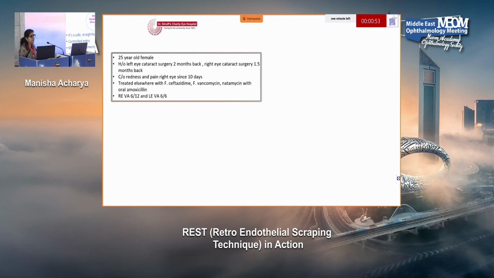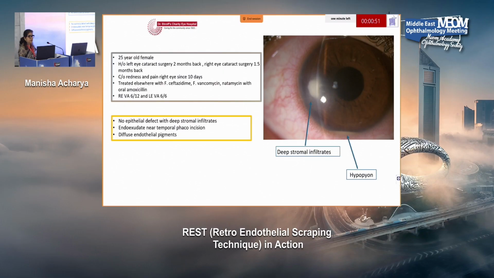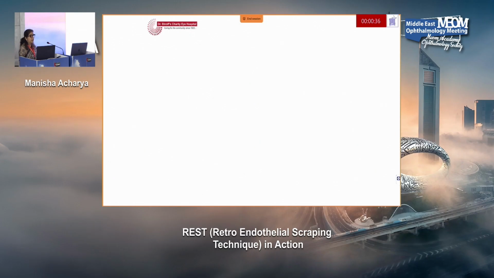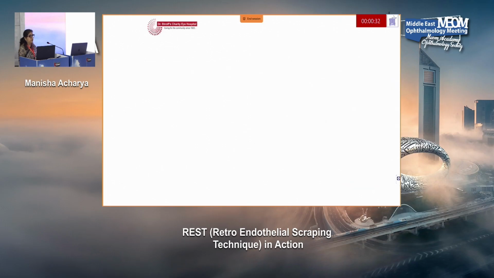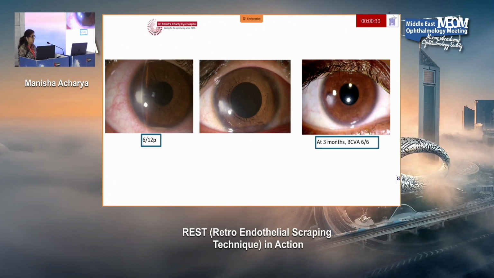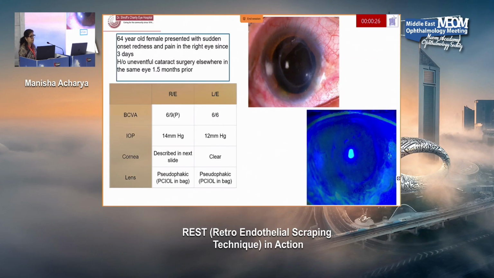With this, I would just run through this case, wherein this was a post-op case, post-cataract surgery after 2 months. Again, everything was deep, nothing was growing, and the patient was just not responding. With this, we had to go in for RES. By that time, we had some experience, and it was fungus which grew here. We treated the patient with antifungals, with intracameral voriconazole, and the patient responded without any surgical intervention.